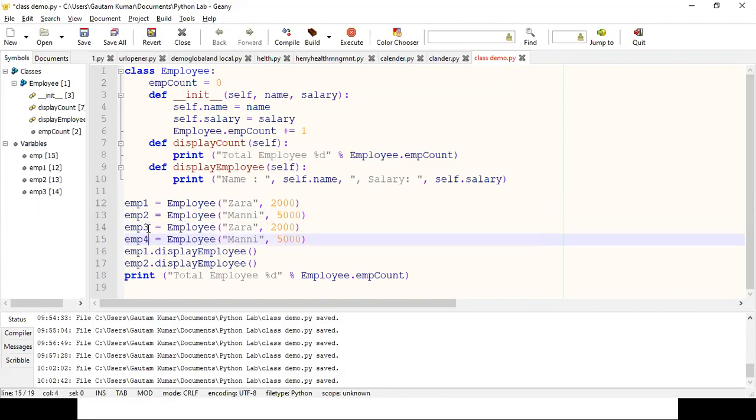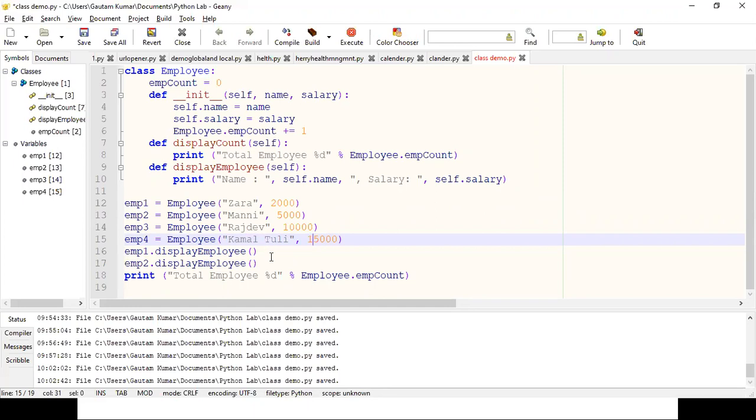I'm going to create 4 objects, and the third employee is Rajdev, having salary 10,000, and the fourth one is Kamal Tuli, having salary 15,000.